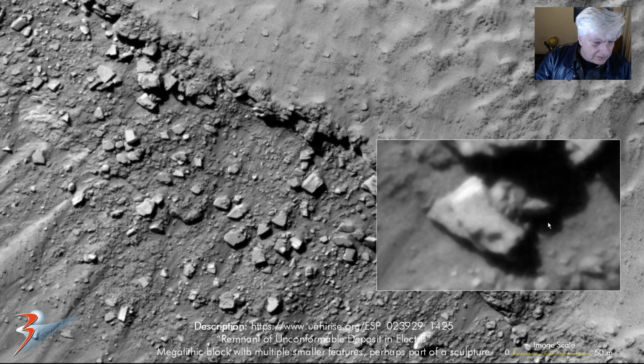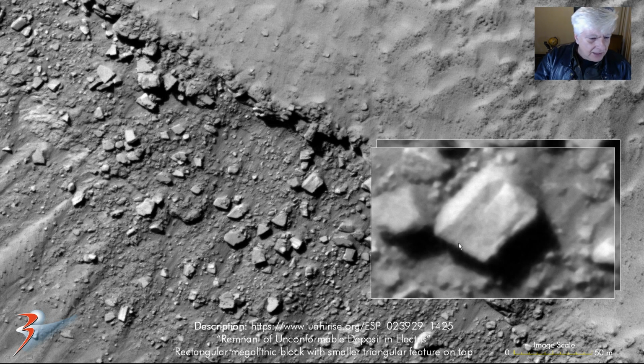And then it's got like something sticking out to the top, right. I don't know what that is, guys and girls. And another block,